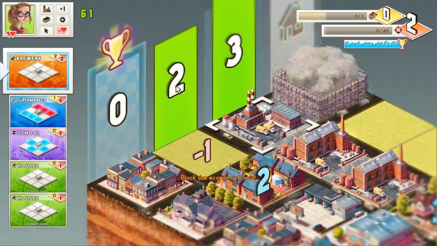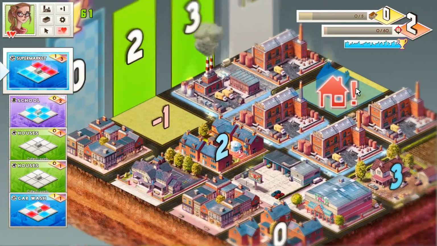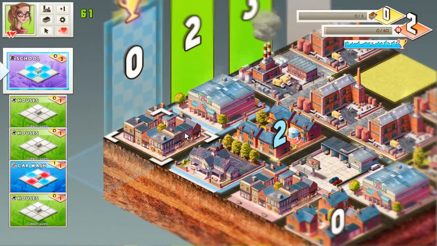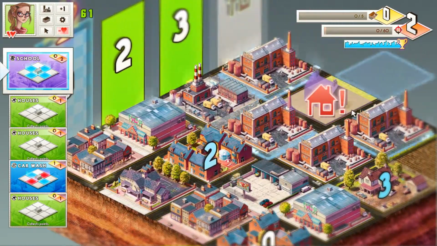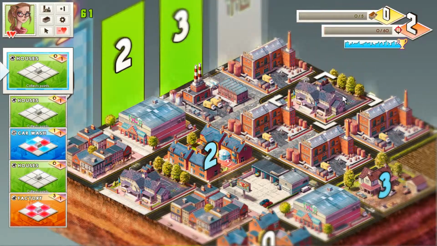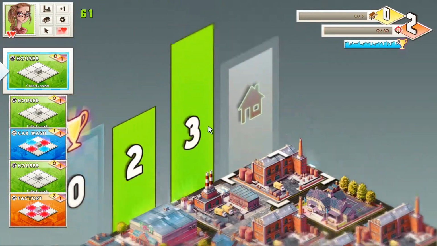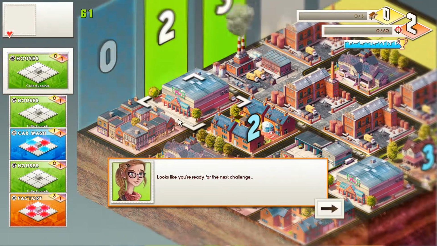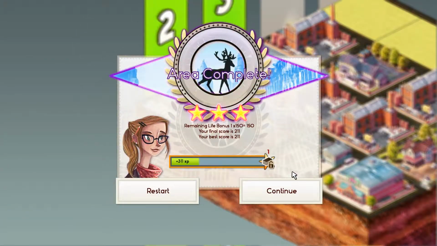So we'll do the brewery. Oh, farmland. Supermarket. Ooh, perfect. What? It doesn't bring those guys up? Shoot. School. No. Is that 0? Shoot, that's 0. Next challenge. Okay, I didn't do too well on that, but